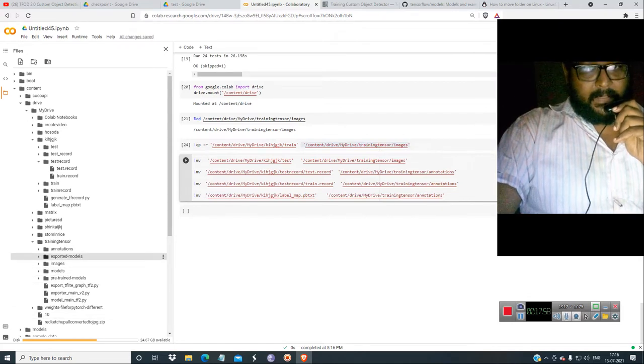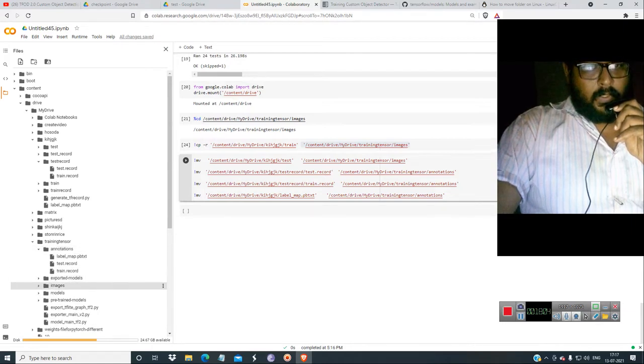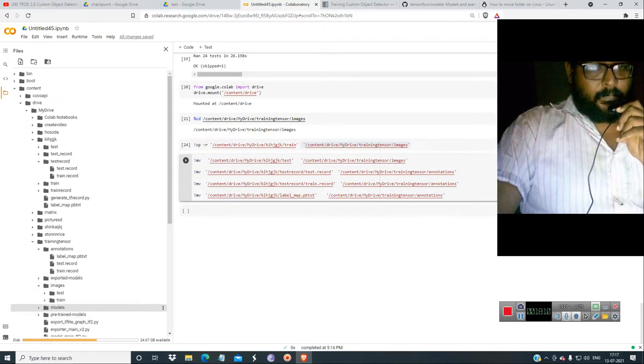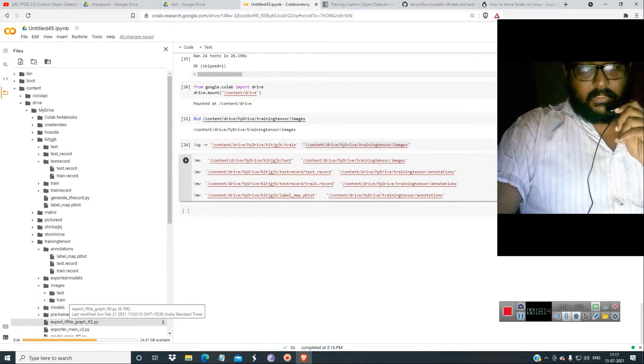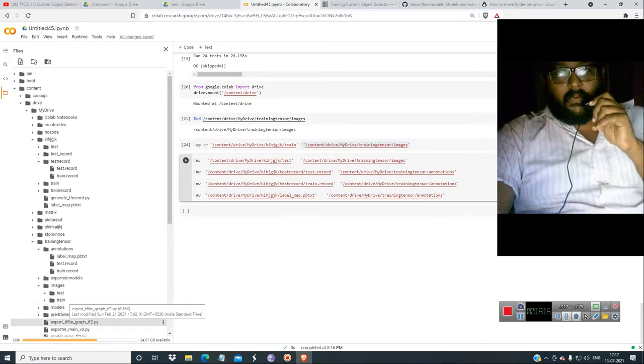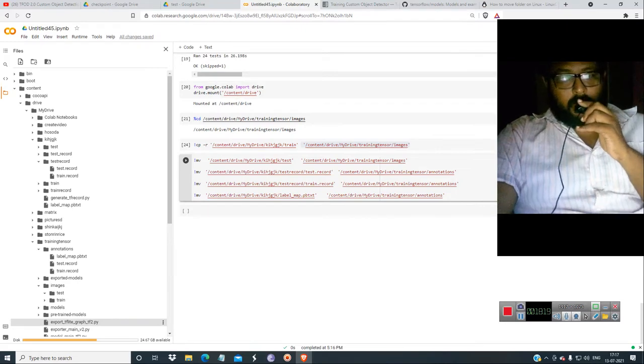Okay, it has been done. Test.record, train.record, all has been moved, and in images, the test images have all been moved. So instead of copying, we may use the move command also.